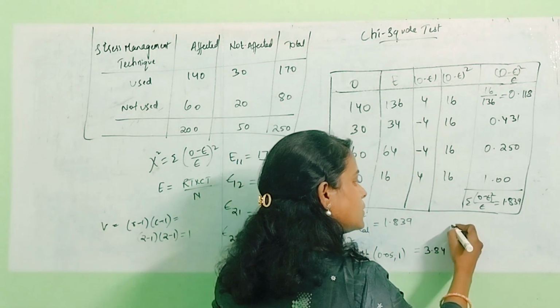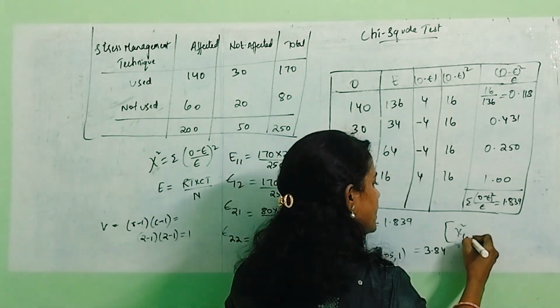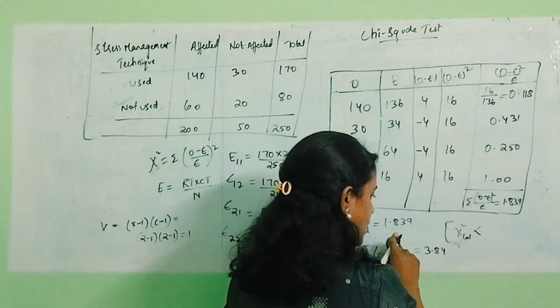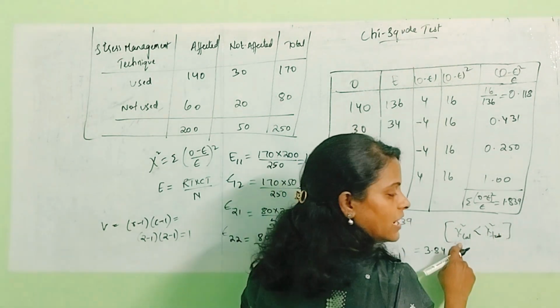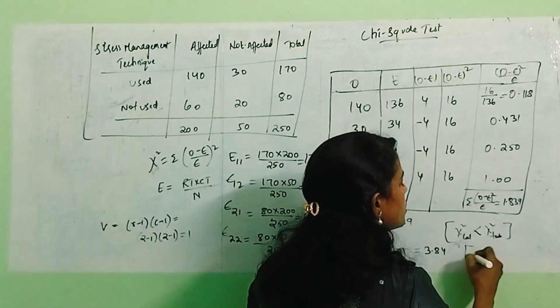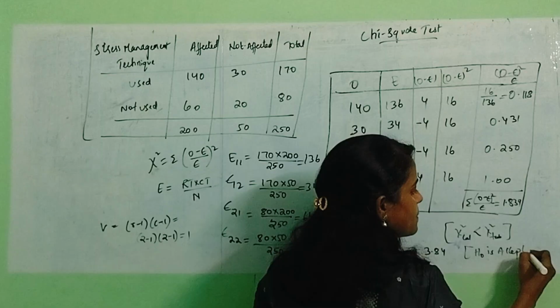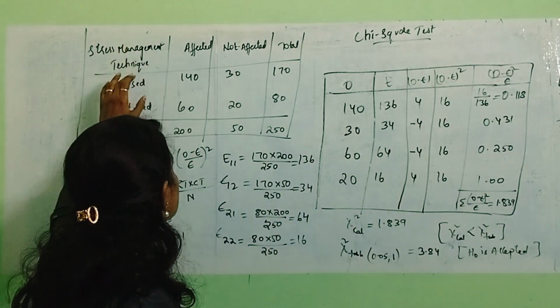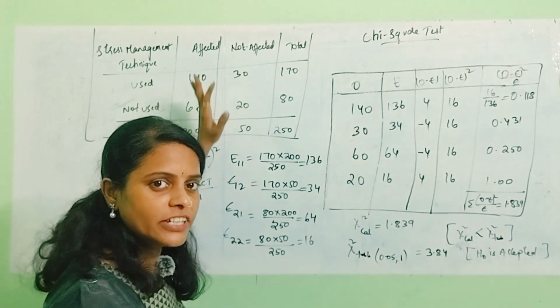Okay. As for the hypothesis testing, you all know that the calculated value, 1.839, is less than the chi-square table value. If the calculated value is less than the table value, then the null hypothesis is accepted. Okay. So it means that the stress management technique we are using will have an effect on